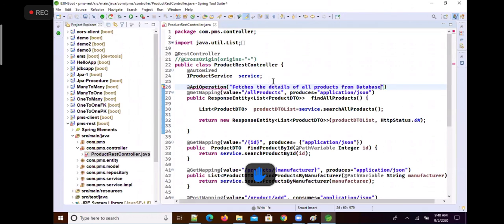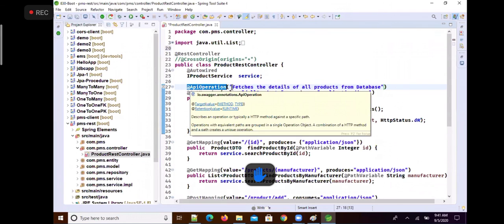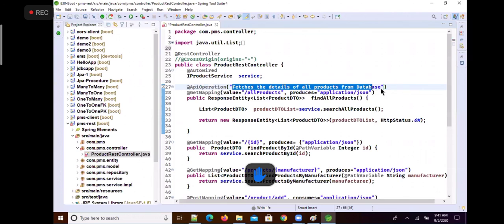See, we just added some description like that. This is an annotation called ApiOperation, and this is going to be our string: fetches the details of all products from database.